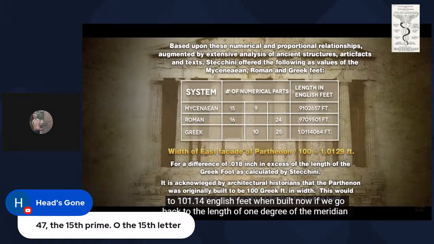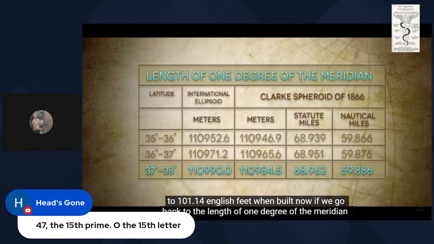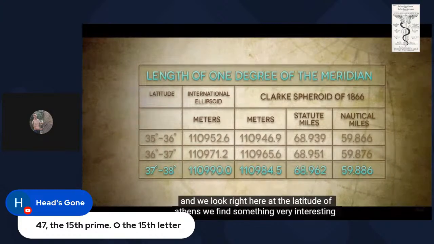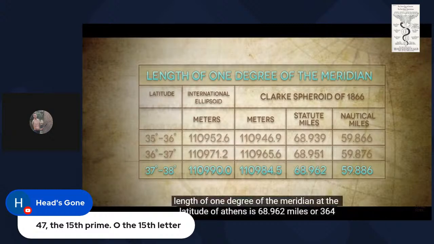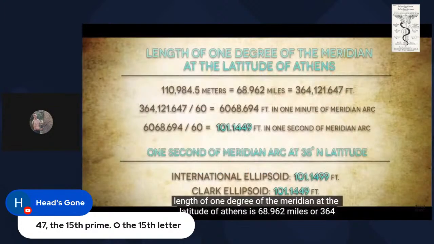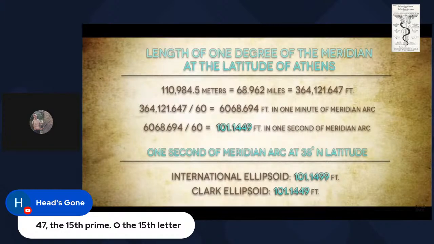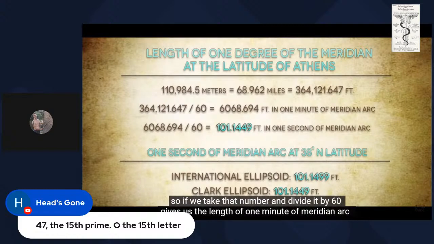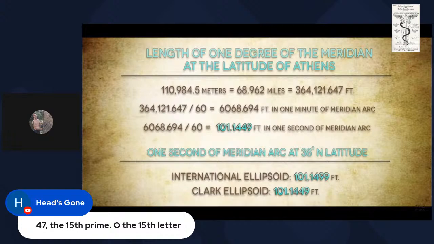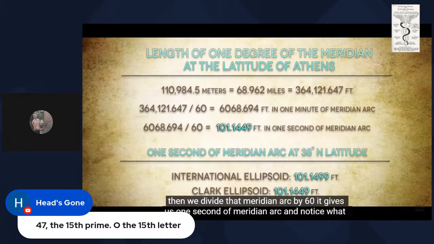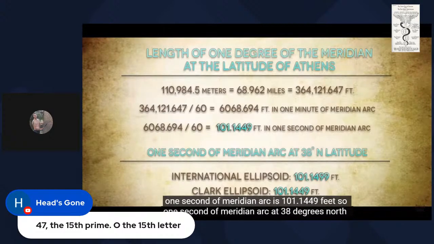Now, if we go back to the length of 1 degree of the meridian, and we look right here at the latitude of Athens, we find something very interesting. Length of 1 degree of the meridian at the latitude of Athens is 68.962 miles, or 364,121.647 feet. So if we take that number, divide it by 60, it gives us the length of 1 minute of meridian arc. Then we divide that meridian arc by 60, it gives us 1 second of meridian arc. And notice what 1 second of meridian arc is,